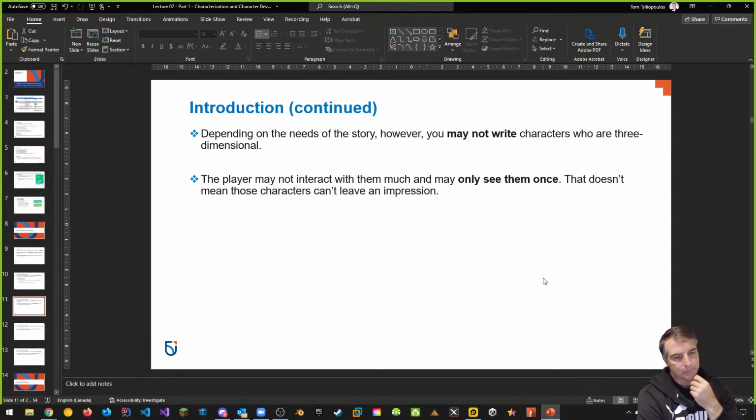So one thing is we may not always write characters who are three-dimensional, right? If you're making a puzzle game, a lot of times your character could be the world, and it may not be as three-dimensional as, for example, a character in a role-playing game. Now we're talking about role-playing games and narrative for this entire semester so far. So obviously we're talking about those, but